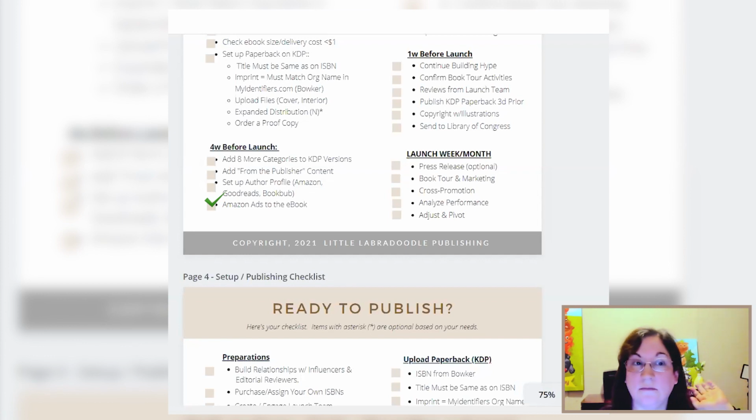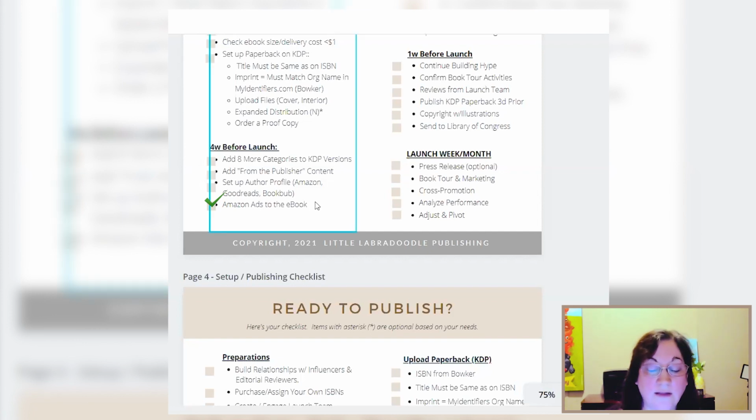They might see it half a dozen times before they actually click on it and they see that it's coming up or it's live. So putting the ads before the official launch date will just help Amazon or force Amazon to really index your book for all of these extra keywords that you want to be included in.